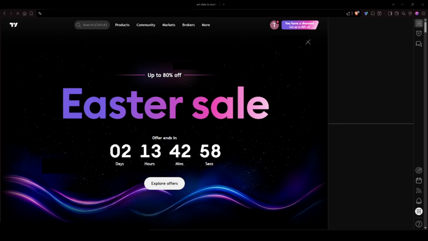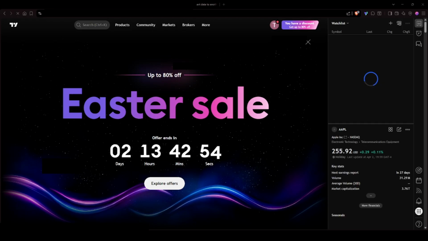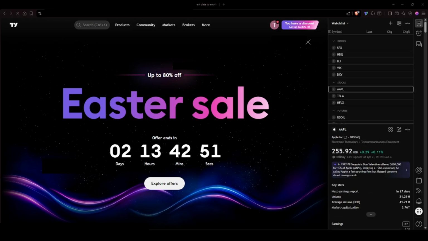Welcome to this tutorial on how to see a live chart in TradingView. If you are interested in tracking stock prices, cryptocurrencies, or forex, TradingView provides an intuitive platform to help you monitor live data. In this video, we will guide you step by step on how to access and customize live charts